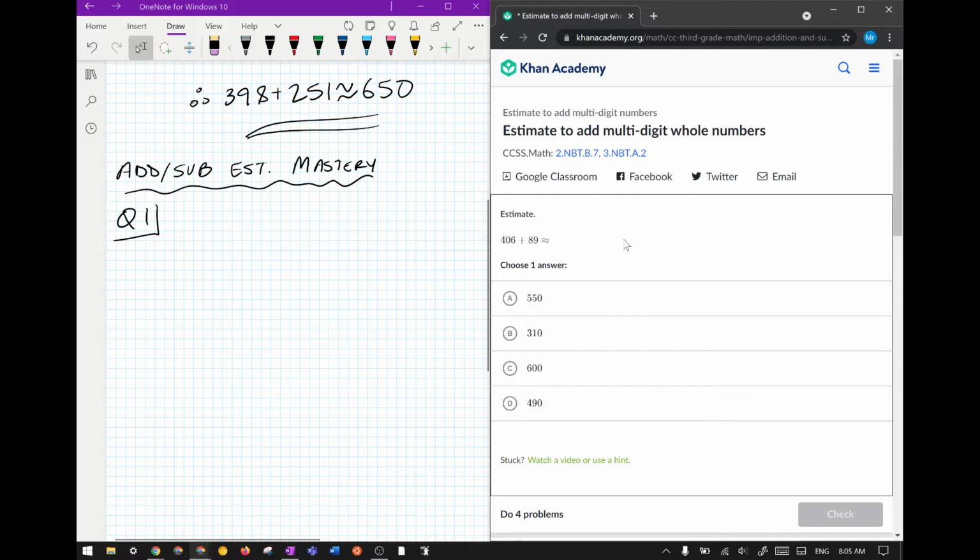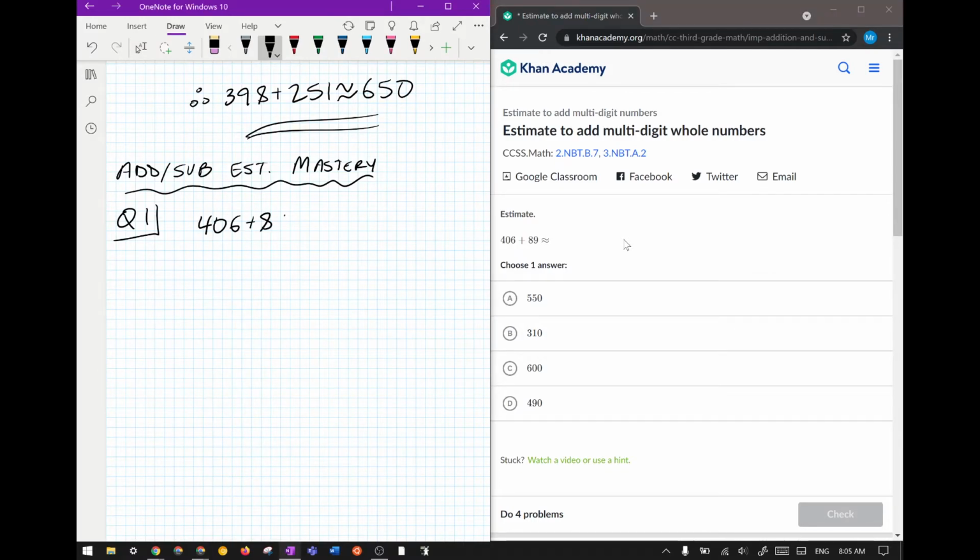We have 4 options. So we're looking at 406 plus 89. What is it approximately equal to? Well, let's say we do nearest 10 again. If I'm looking at 40 tens with 6 ones, this is greater than or equal to 5. So this is going to be rounded up to 41 tens. And 89, which is 8 tens and 9 ones, this is greater than or equal to 5. And that's going to give us 90. So if we add those two together,